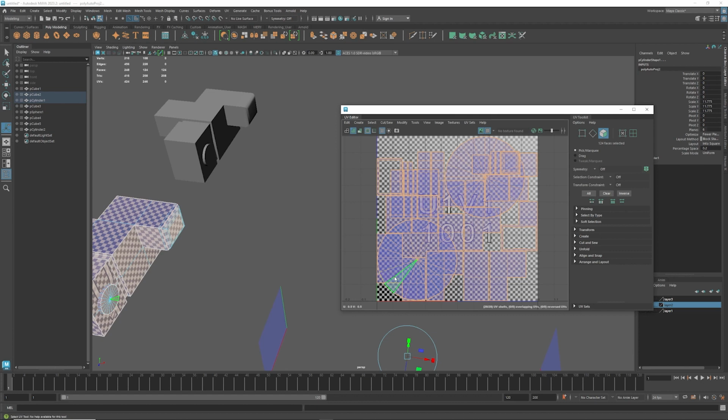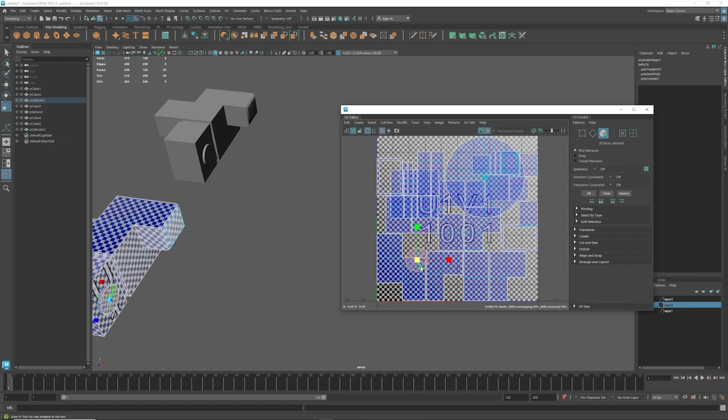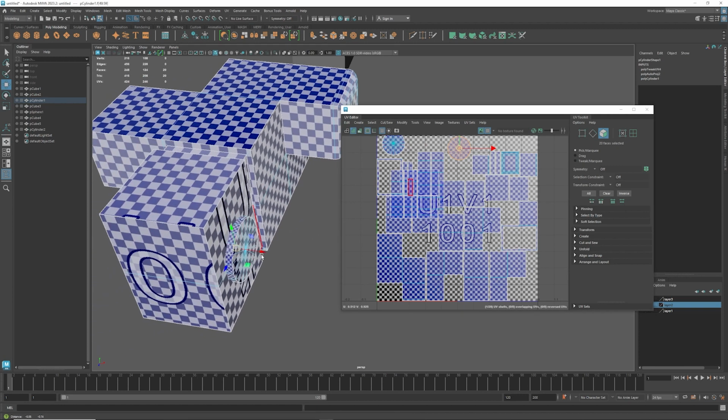So what you can do with that is ultimately take one of these pieces like this, and we can simply scale it downward and move it off to the side here. And this piece here, I can overlap this other piece, so I can just move it over here like so, and I can scale that downward as well. If I don't want the overlap, I can always move it off to the side. And then the piece on the side here,